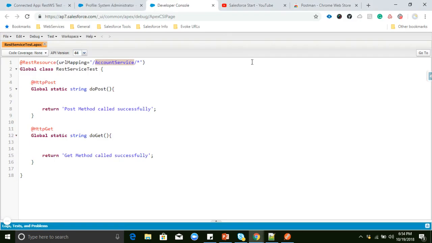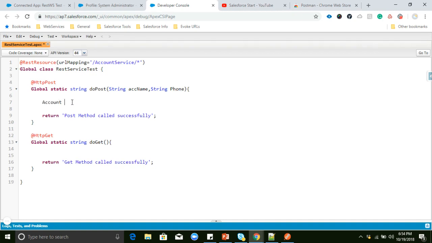For example, we will insert some sample data into Salesforce. We'll take a string account name and a string phone.